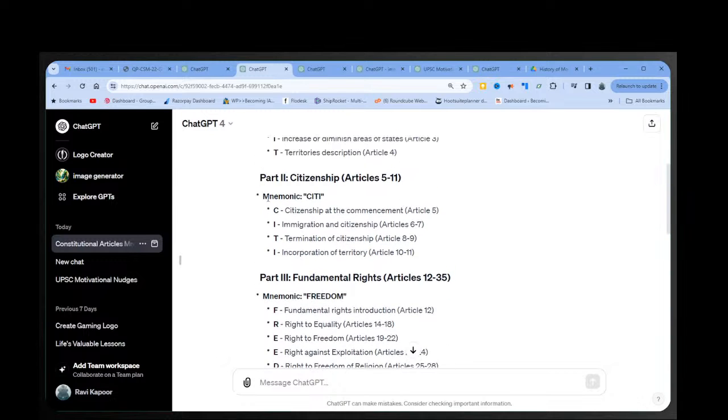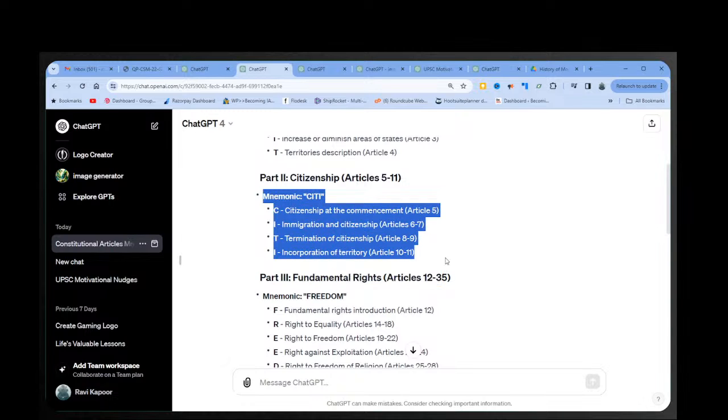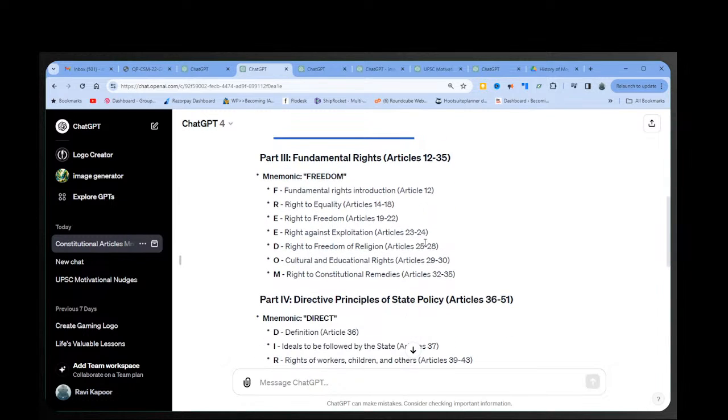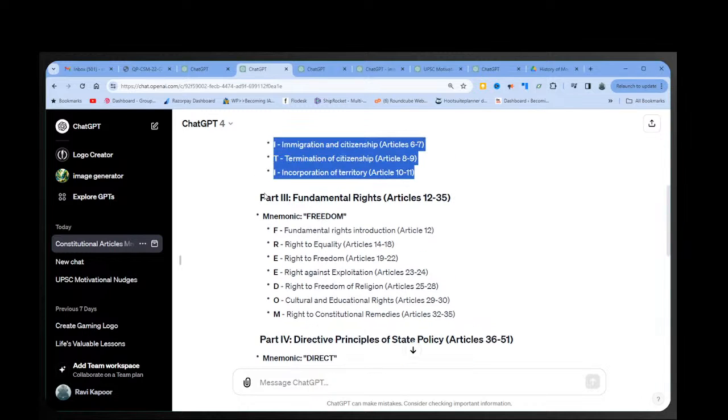This is also a very good mnemonic it has created. I was not able to come up with these mnemonics. ये definitely इसकी ability है that surpasses humans. ये हम इससे अच्छा नहीं कर सकते. हमको इसको memorization के लिए, mnemonics के लिए, we should definitely be using it to whatever extent possible. Obviously, I mean, don't get so excited that you can just completely outsource it. That also is not possible.